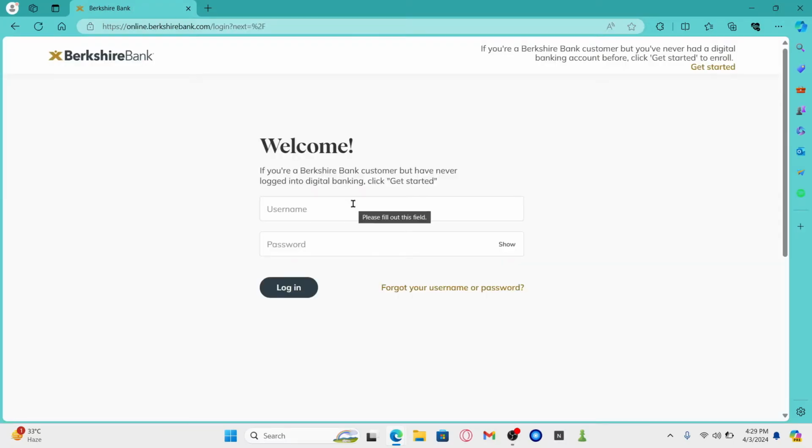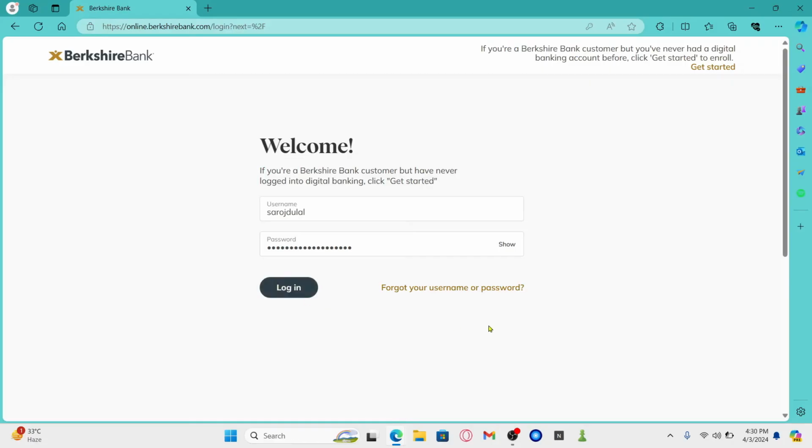You will then be allowed to enter your credentials. So type in your username that you have set up while signing up for your account, and then underneath type in your account password within the password box. You can also enter your email address if you wish to do so instead of your username. After entering both of these credentials, click on the login button and you will be logged into your account on